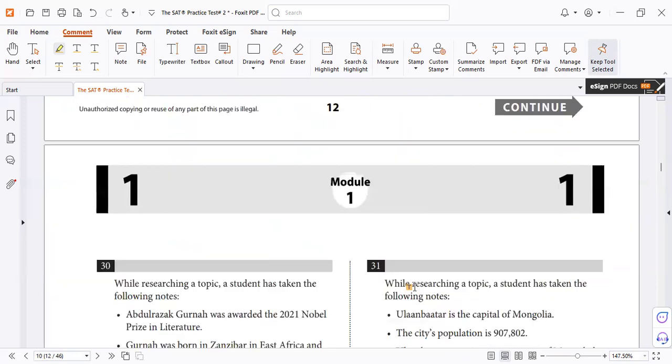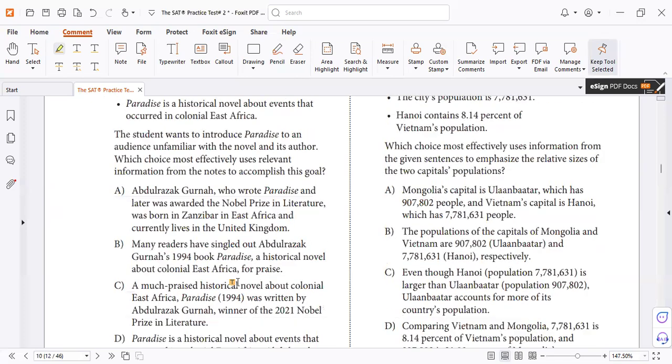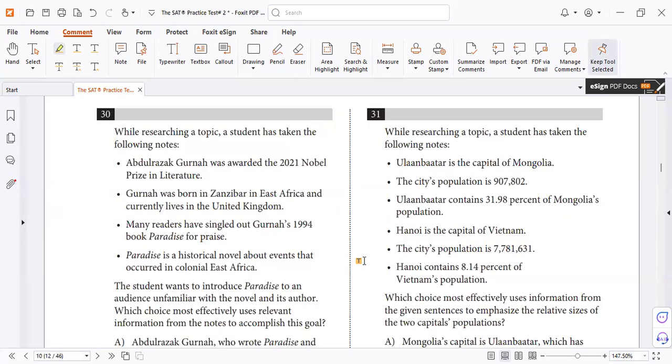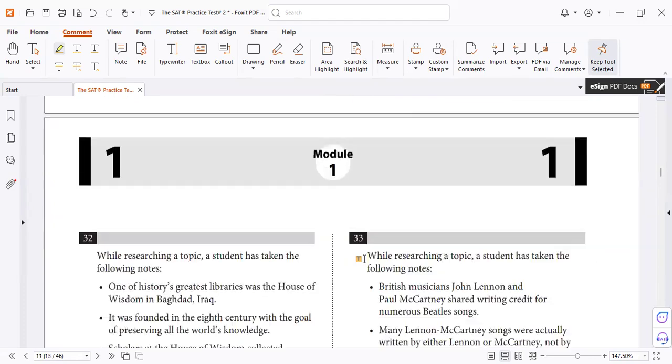Okay. Number 30. I hope this is right. This is supposed to be C. So see, it's a correct homework. Okay. 31, 31 C. So you love the letter C. Okay, I love it very much now.